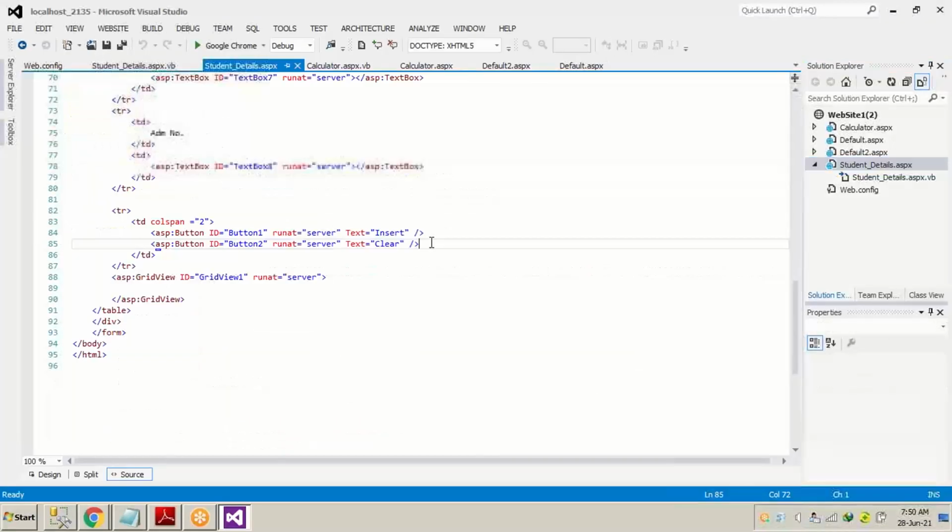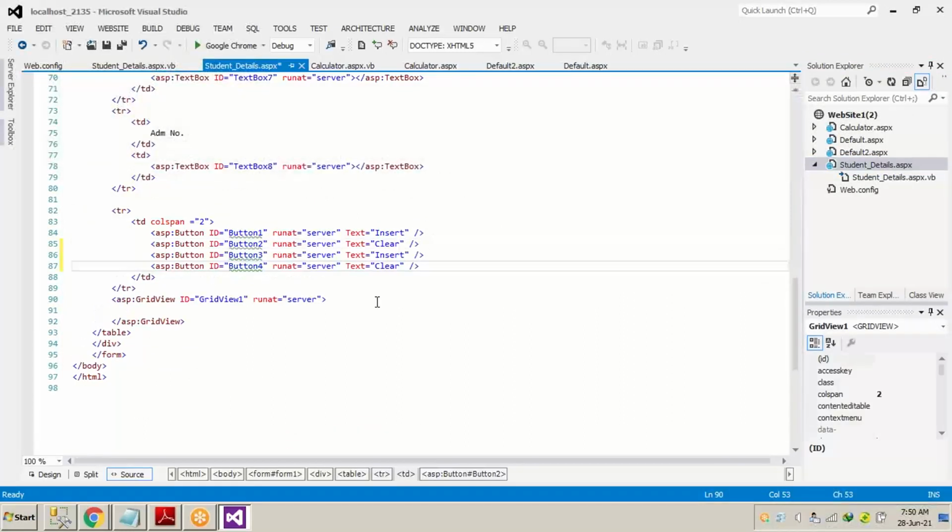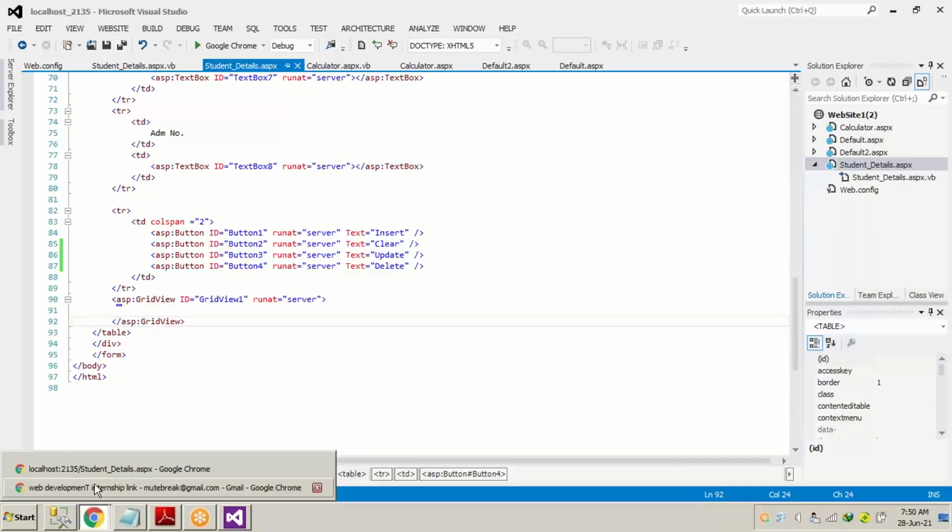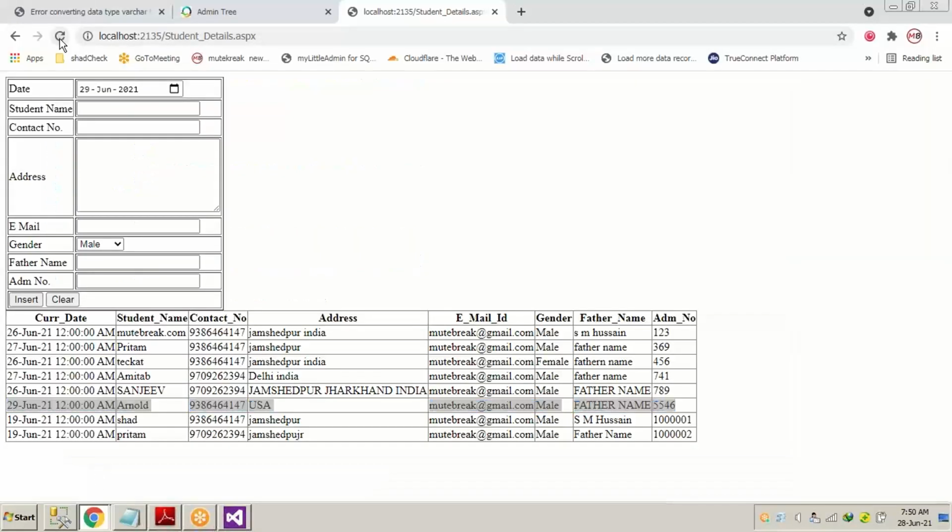The button ID gets changed automatically by itself, 1, 2, 3, 4, 5. The only thing we have to change is the text. Instead of insert, we will write update. Instead of clear, we will write delete. Okay. We will just save, and we will just refresh it.